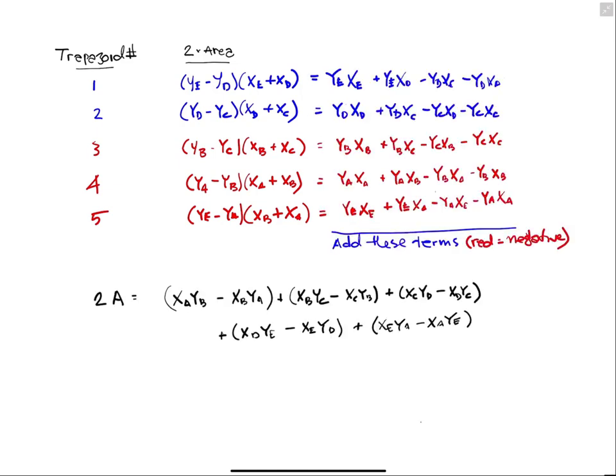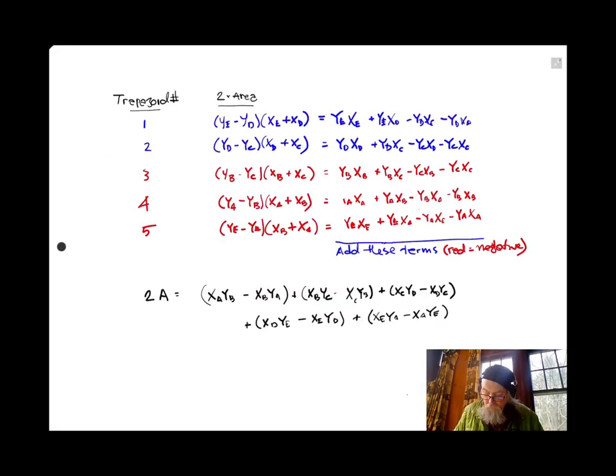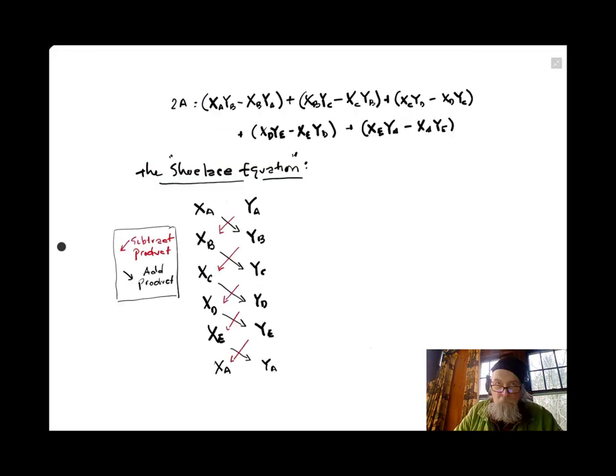Now multiplying this out leads to some simplifications. What I've done here is expand the products on each of the 5 calculations, and when we add all these up, we get a number of cancellations, and the final result is this expression here. And here's the easy way to remember the form of this equation, called the shoelace equation. You can see the resemblance to laced shoes. If you look at the first term here,